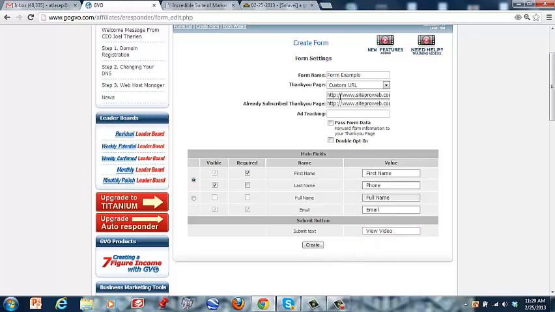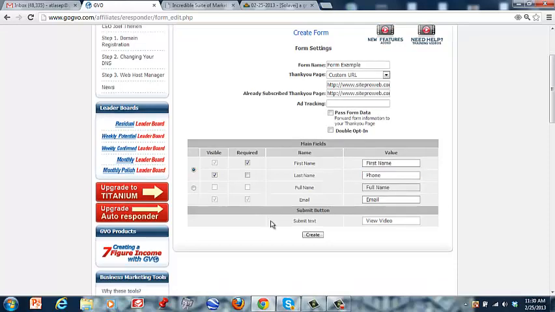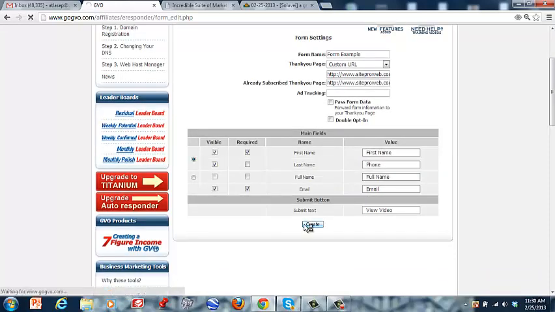Okay, so you've got the custom URL, where it's going to forward to after they put in their information, and we've got that their first name and email is required, and we do have a spot for their phone. Now, if you want to put after here, not required, you can. Okay, if you want to let them know it's not required because it won't just say it, it's completely up to you. Now, when we hit create,